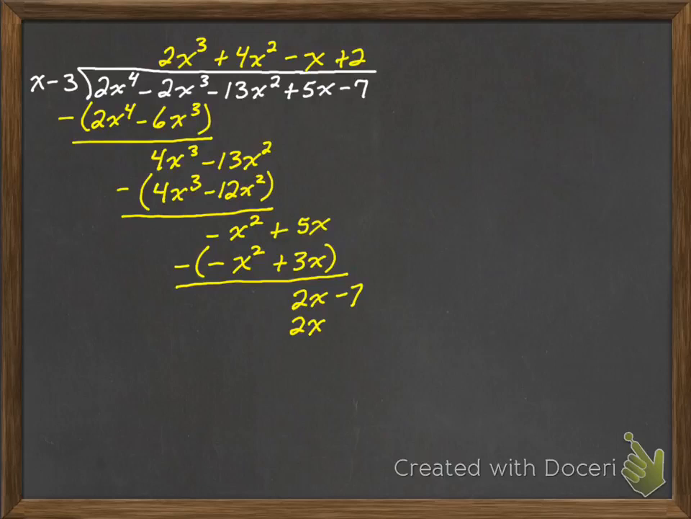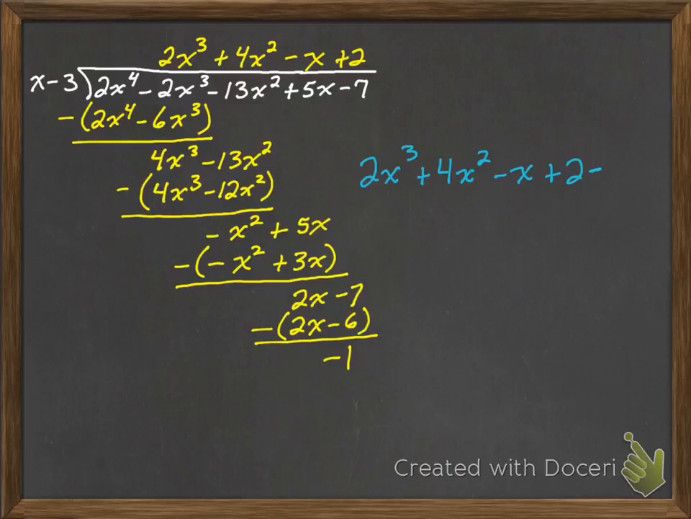So 2 times x, and then 2 times negative 3. Subtract. It's going to leave us with a negative 1 for a remainder. Now what you do with your remainders is you put them over what you are dividing by, which means our final answer here would be 2x cubed plus 4x squared minus x plus 2, and then we're going to have